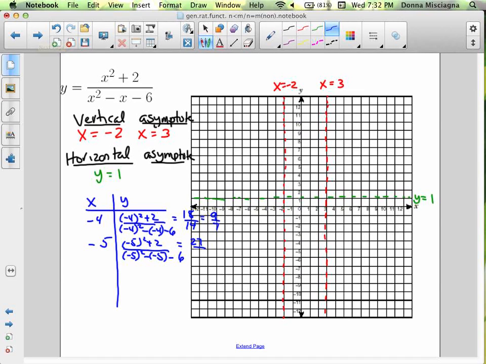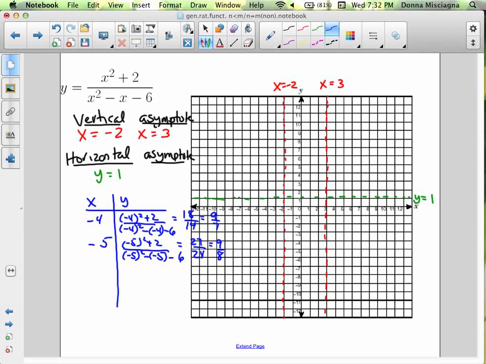So 25 plus 5 would be 30. 30 minus 6 is 24. That also reduces. Both divisible by 3. So that's 9/8. So 9/8 is smaller than 9/7. Right? And now we need 3 values that are in between the two